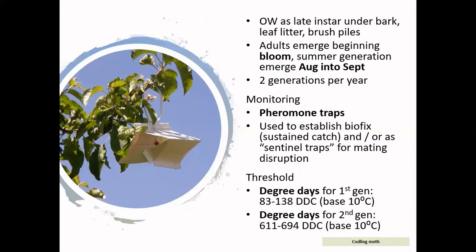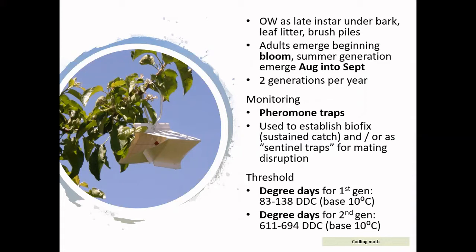So similar to other moth pests, codling moth overwinters as a late instar under the bark of the tree or in the leaf litter, or it can be in brush piles or hedgerows surrounding the orchard. The adults typically begin emerging around bloom time, and then the summer generation emerges in the later summer, into that fall time. So monitoring for codling moth can also be done through the use of pheromone traps, similar to oriental fruit moth,